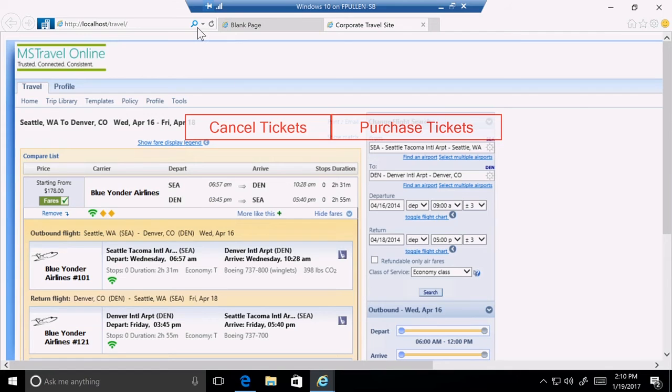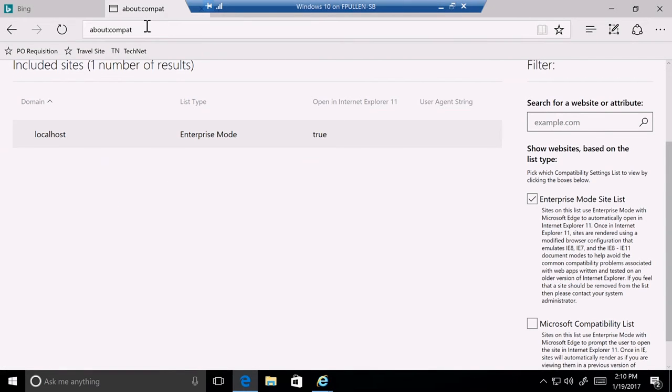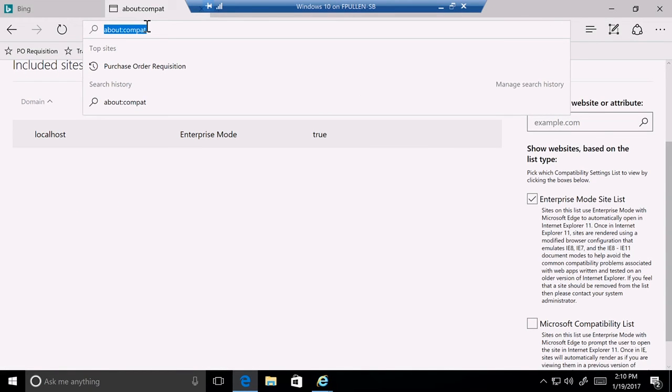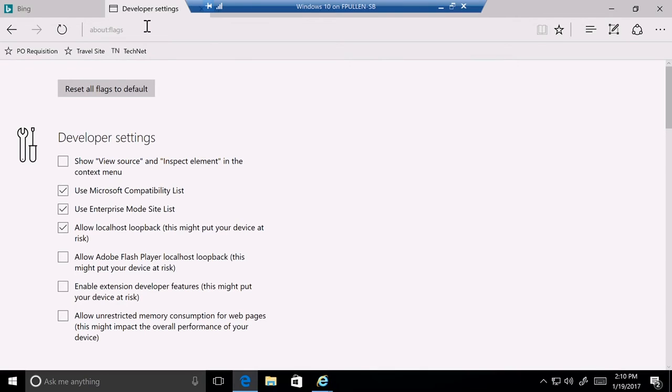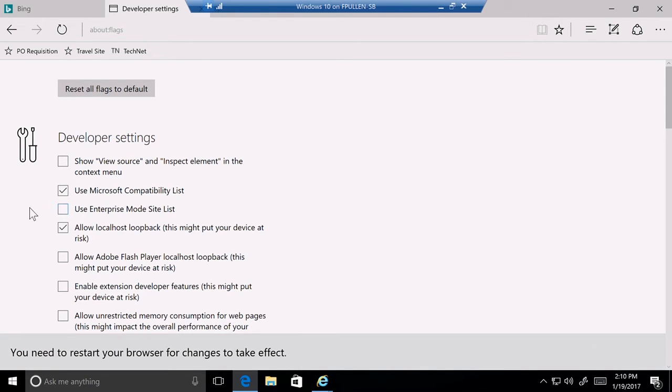Well, the good news is, if I switch back over to Microsoft Edge, I can type about:/flags. About flags includes some developer flags, including use the enterprise mode site list. So I can deselect that.